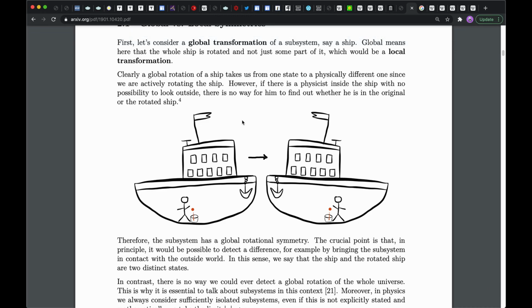And you can derive a continuity equation from this global symmetry. So as long as you can observe that charges don't just disappear and appear somewhere else, as long as you can observe that they actually flow in currents, then you are observing this global symmetry